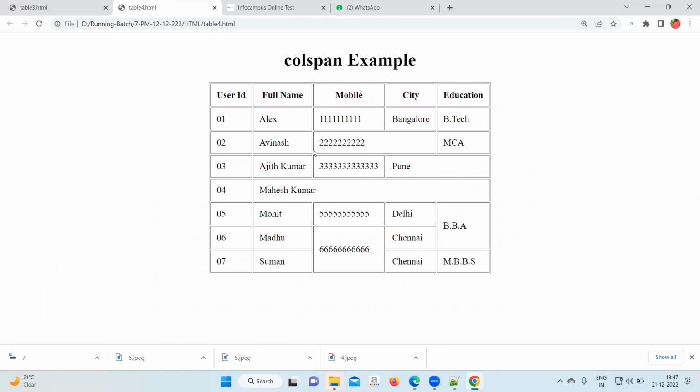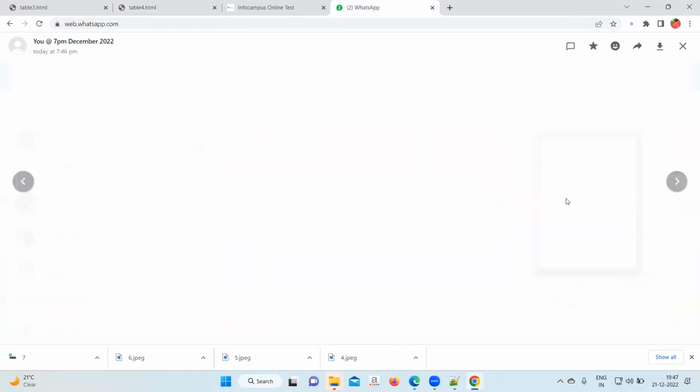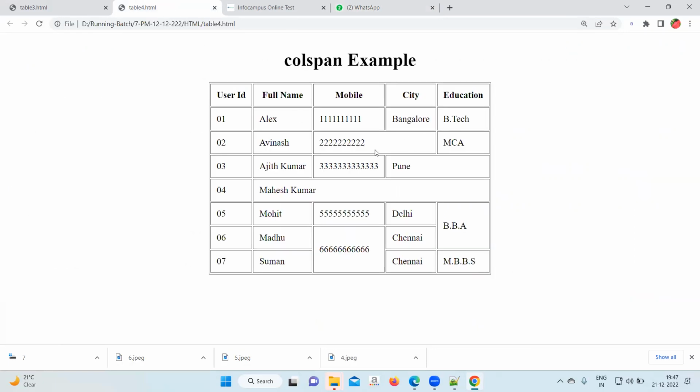Suppose you will create a page, the first photo, this one, right? You will create a folder called HTML assignment, and in that you will create a file assignment1.html and write the code for this. Correct. After that, you will run your page. Your page will look like this. Correct. Then you will take your phone, and after that,